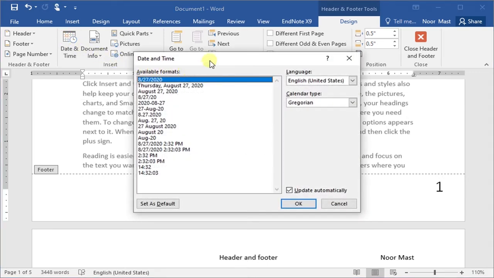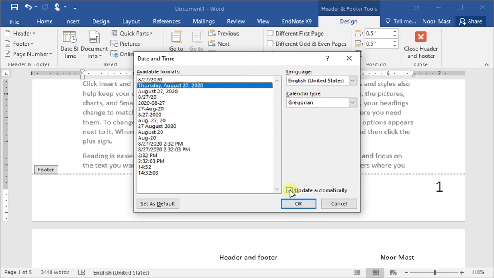The date and time dialog box will appear, and here the different formats for date and times are available, so select the one you want to insert in your document. Suppose we want to insert this one, the day and the date, and look at this option, update automatically.